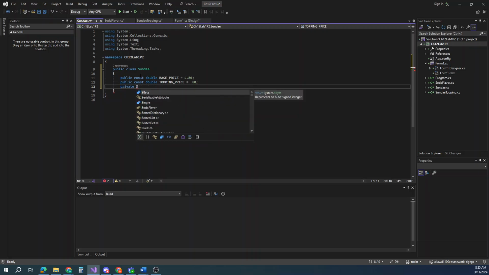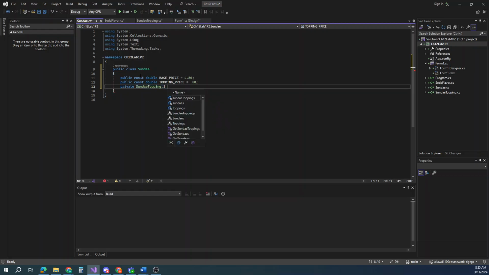Oops, that is Sundae. So there's our underscore topping, kind of like what Jack was asking about earlier, but we're just using the Sundae topping